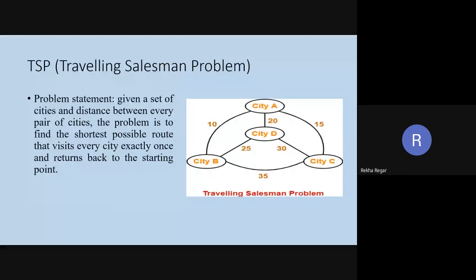So guys, the next problem statement in your practical list is called the traveling salesman problem. Do you have any idea what the traveling salesman problem is? Anyone can tell me?